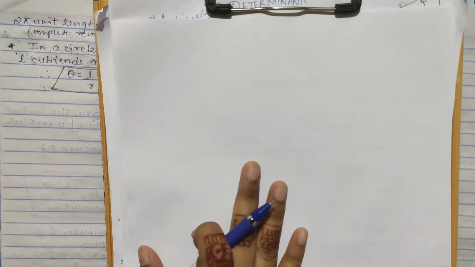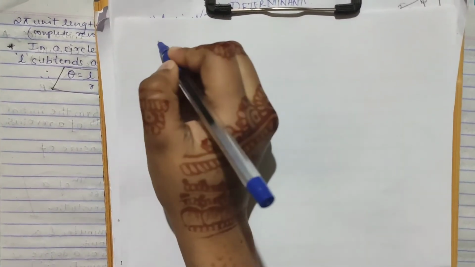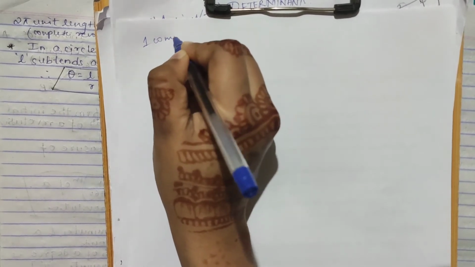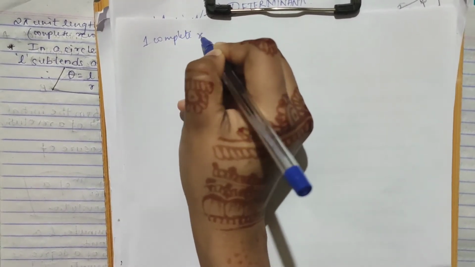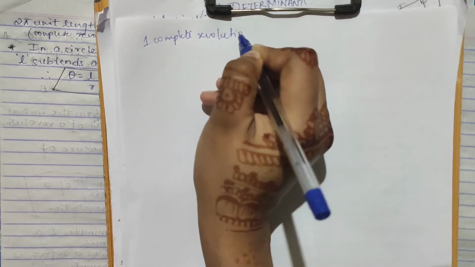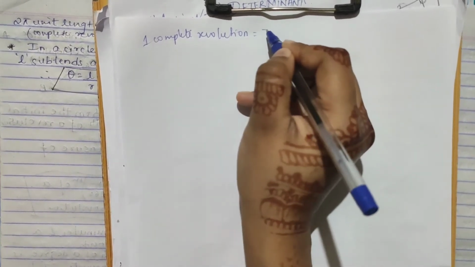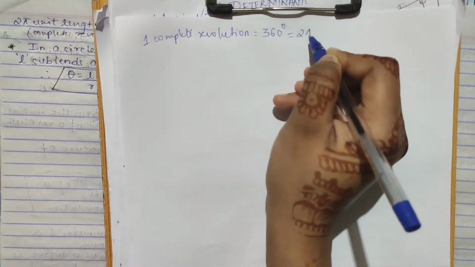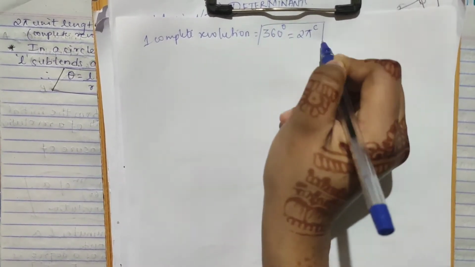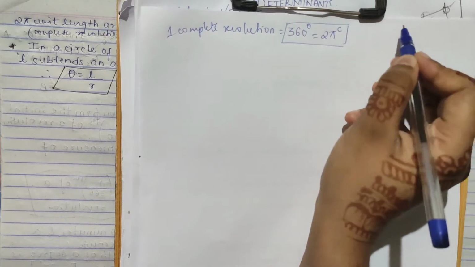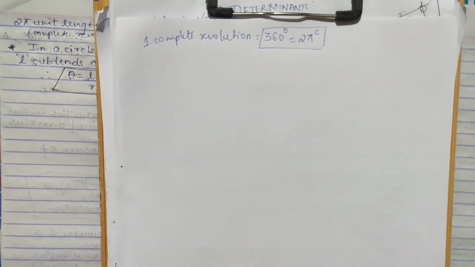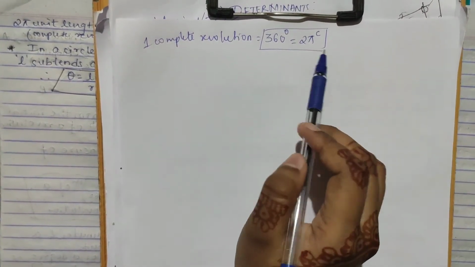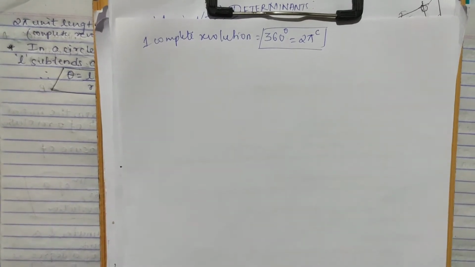Okay, so we studied degree and radian. Now we will see the relation between degree and radian. One thing we have studied, one complete revolution, just now what we studied, one complete revolution is equal to what? 360 degree, right? And this is equal to our 2 pi radian. Yes, this we have studied. In terms of radian, when it makes a complete revolution, it is our 360 degree, which is our 2 pi radian.